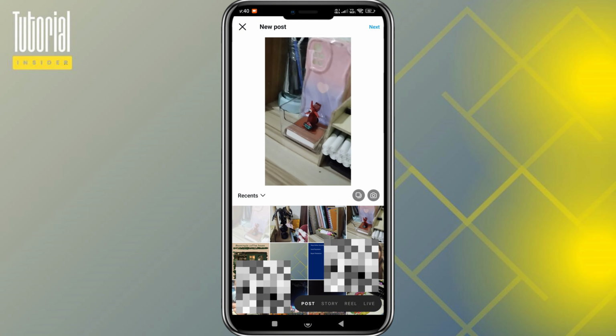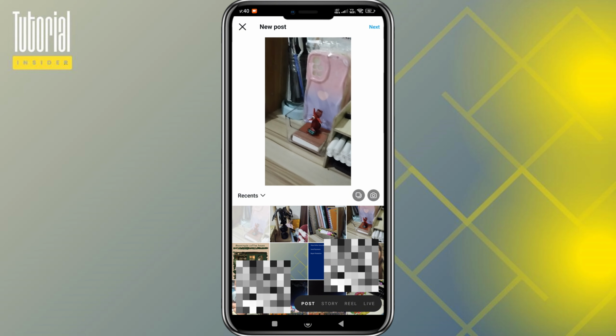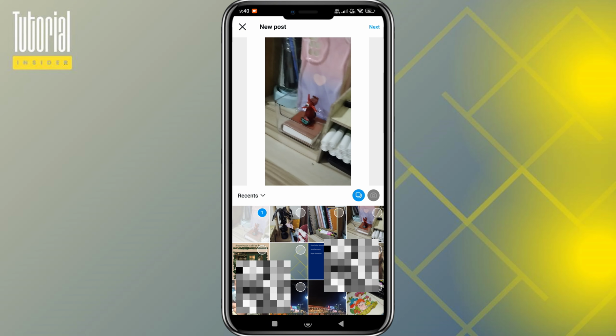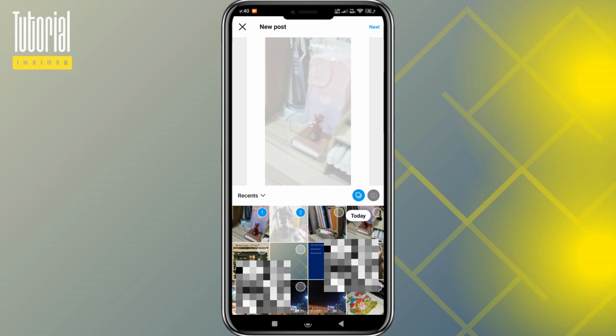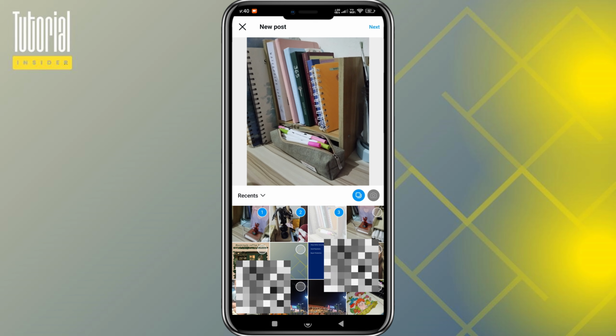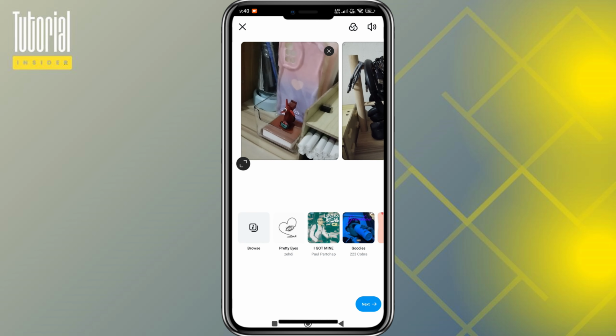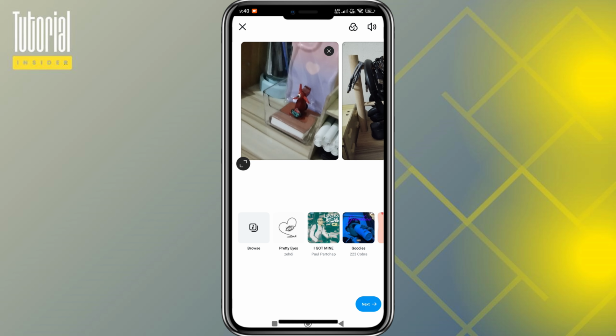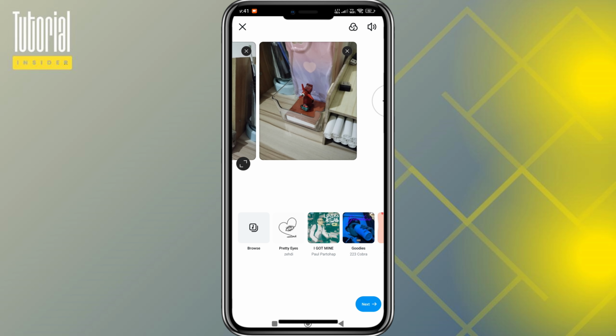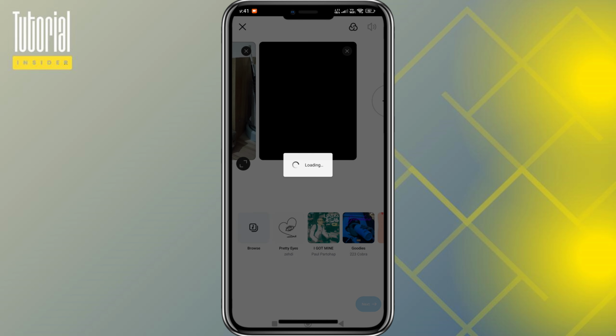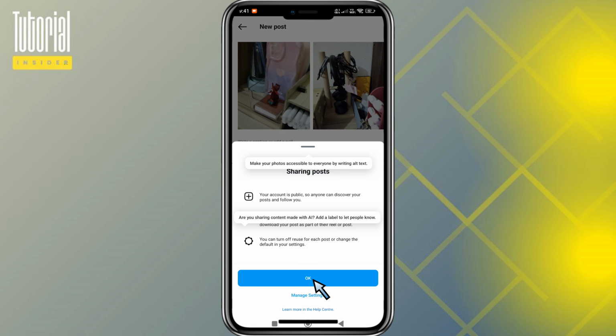To select multiple photos and videos, all you need to do is to tap on this multiple icon, and then after that, simply select the photos and videos that you want to use. Once we're done, tap on the next option, and then in here we can also choose different songs or music to add to our post. Once we're done, simply tap on the next option, and then in here tap on the OK option, and then